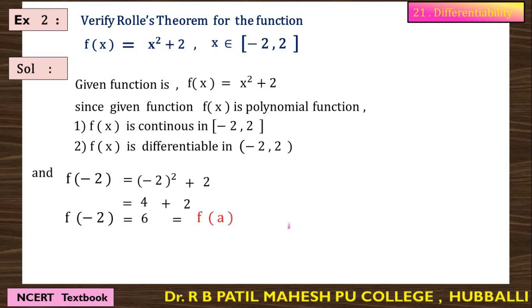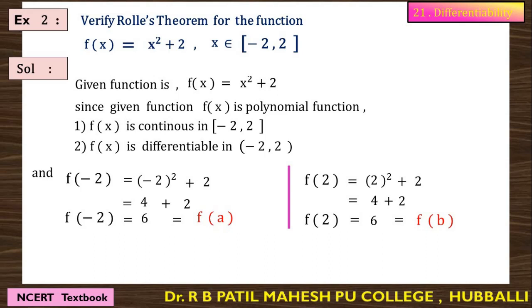Denote this as f of a. In the same way, operate f of 2, it is 2 square plus 2, so that is 4 plus 2. So f of 2 you will get 6, and denote this as f of b. So here you can see that both are equal. So therefore write here f of a equal to f of b, that is f of minus 2 equal to